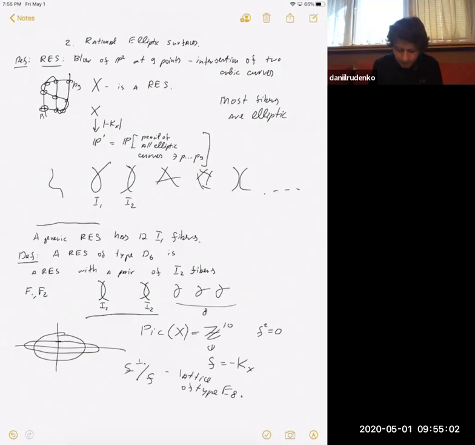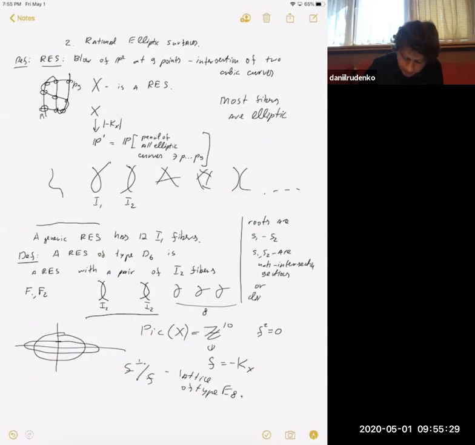And so just to give an idea what actually roots are, roots are all differences S1 minus S2, where S1 and S2 are non-intersecting sections, or classes of reducible components of fibers. So basically roots come from these two places,